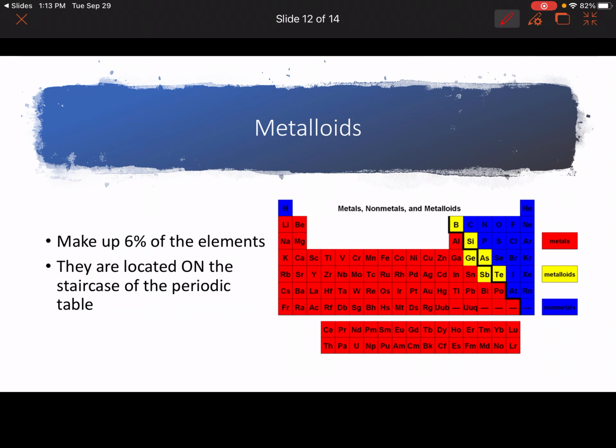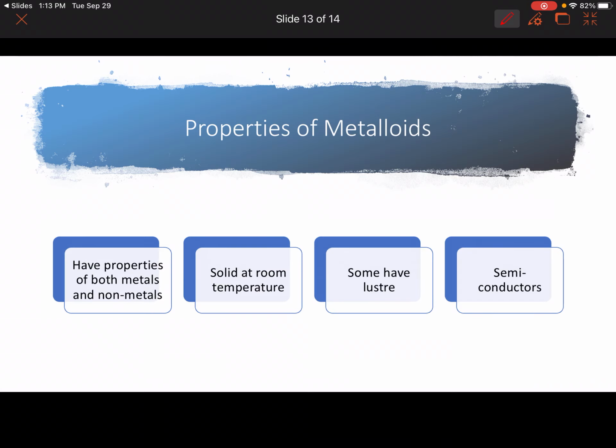Now, the metalloids are kind of this weird little class. So these are the yellow ones on our chart here. So they make up just 6% of the elements, so we don't have very many of them. They're located on the staircase of the periodic table. Okay, now the properties of the metalloids. Basically, they've got properties of both